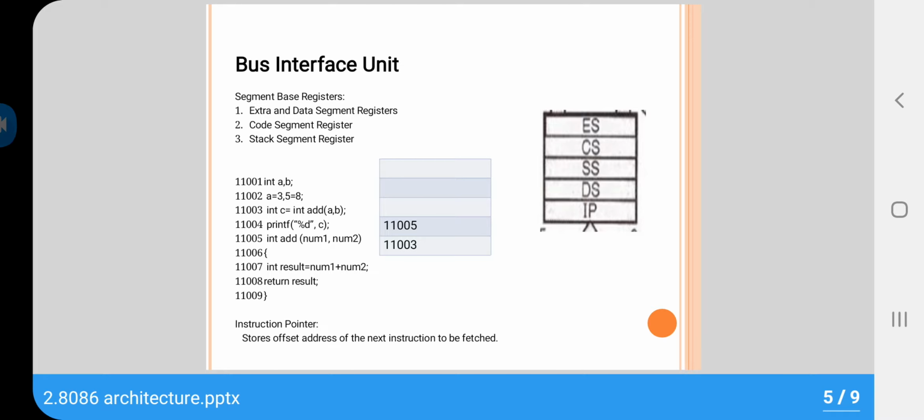To keep track of where to return back, it pushes the current instruction's address on the stack register and later pushes address of the called function before it jumps to execute called function. Now during execution, it pops out instruction located at 11005 first to execute add function and then pops instruction located at 11003 to assign return variable to C variable. So this way the stack segment is useful for executing jump, call, recursive function performing instructions.